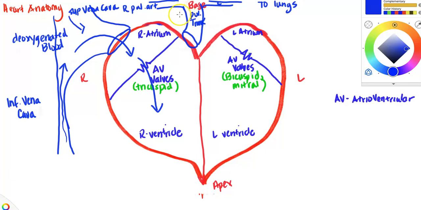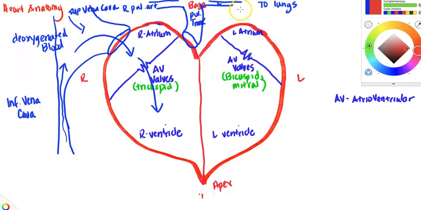So not all arteries carry oxygenated blood. All arteries carry blood away from the heart, but not all of them carry oxygenated blood, although most of them do. All right, so once the blood is oxygenated in the pulmonary arteries, then